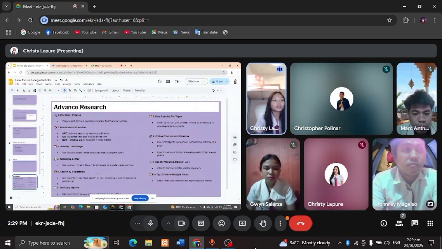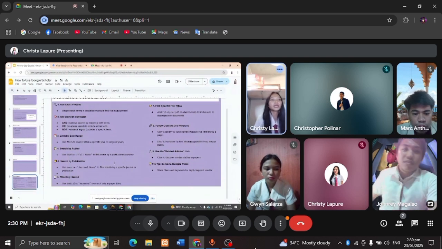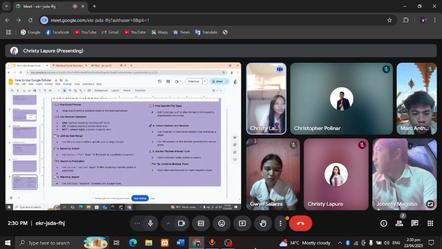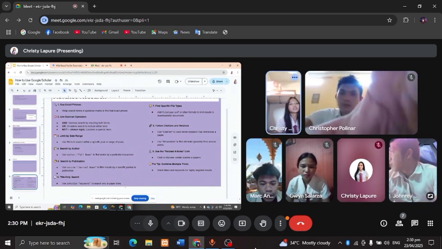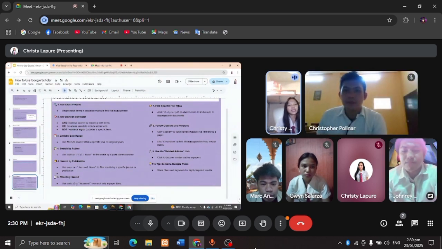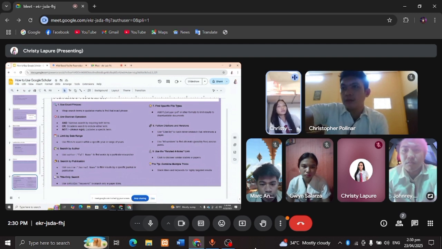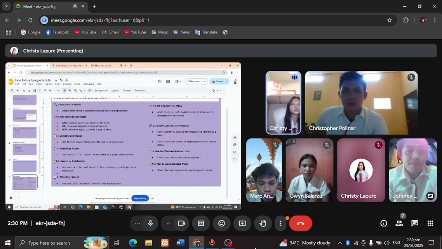And also search by author. Use author, with the full name, to find works by a particular researcher. And next is search by publication. Use source, like journal name, to filter results by specific journal or publication. And title-only search. Use allintitle, like use only keywords lang. Wag ang buong research title. And next is find specific file types. Add filetype PDF or another format to limit results to downloadable documents.